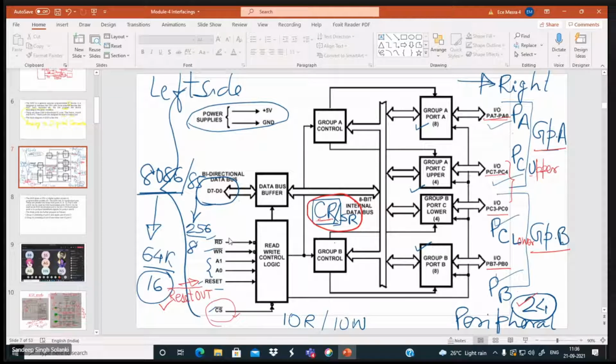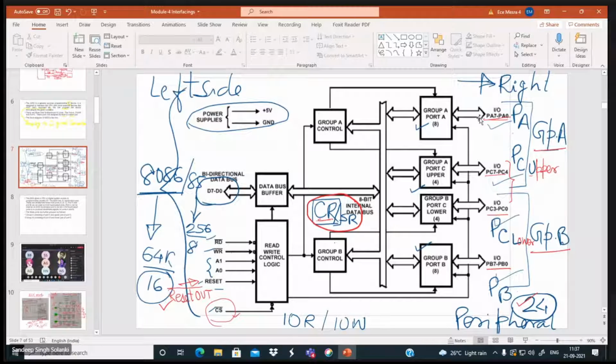In the case of the SIM instruction, you were generating a control word, and when that word was written through SIM, your hardware was getting changed. That was the reason we used the SIM instruction. Similarly, here also we will be generating the control word and writing it into this so that our hardware can get changed.